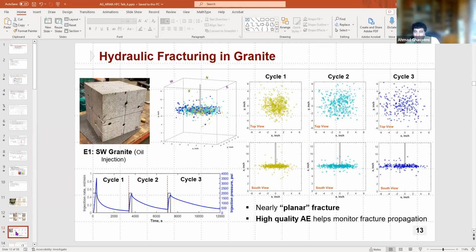And so we monitored acoustic emissions and used that to help prevent excessive growth. At the same time, we had pump control set in a way that if pressure declined more than a particular rate, we would shut in. And so you can see here we had 3 cycles of fracturing,